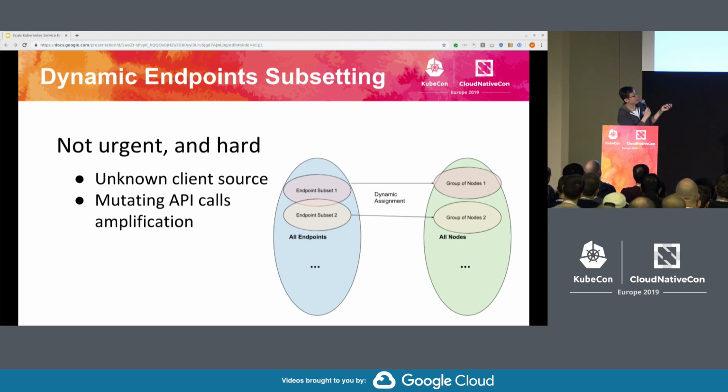Here in the EndpointSlice, you can see we actually have one endpoint in multiple slices, in multiple subsets, and then they are programmed on different nodes. This also brings the downside of write amplification. That means for one endpoint update, instead of only updating one EndpointSlice object, we have to update multiple EndpointSlice objects.